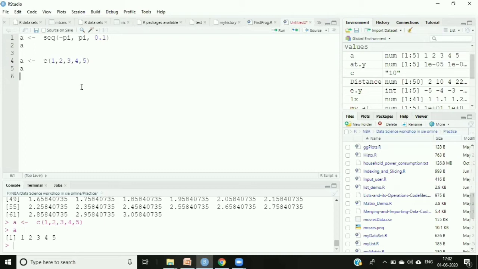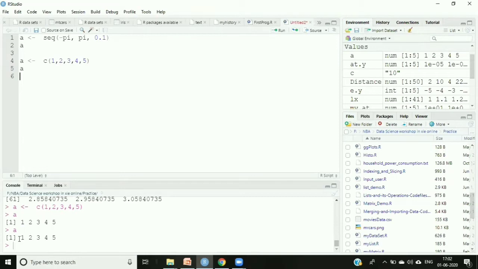Okay. So the another way is what? By using this C function, and we can have the set of values. And if you just control enter, we are having the set of values over here, right? So this is also one of the ways to create the vector. One more approach will be what? Let's take some float values also.